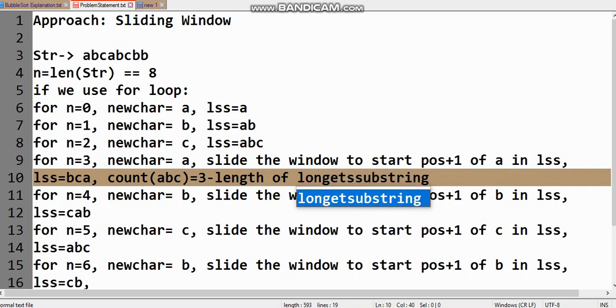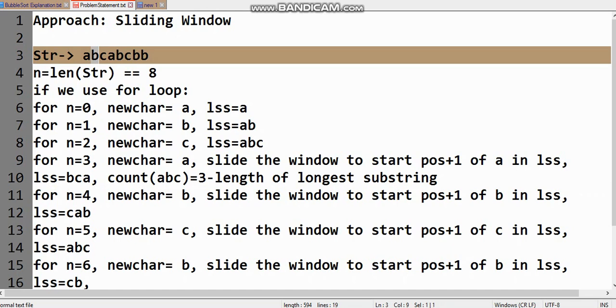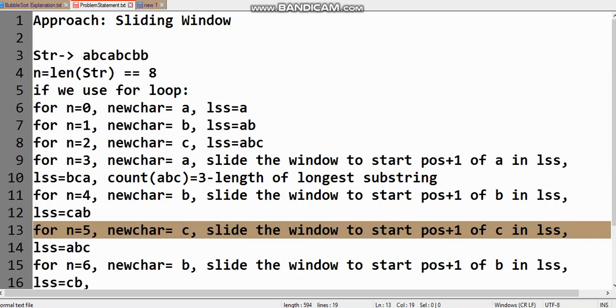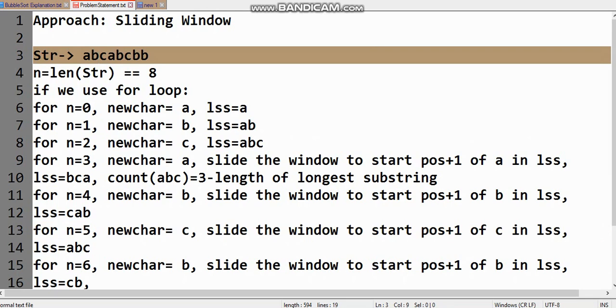Now for the new iteration, for n equal to 4, the new character is B. So again we need to slide the window to the starting position of B, which is this, and plus 1 is this. If we slide, the new window will be CAB. For the next iteration, the new character is C. We need to slide the window to the start position of C, and we slide it from this to ABC.